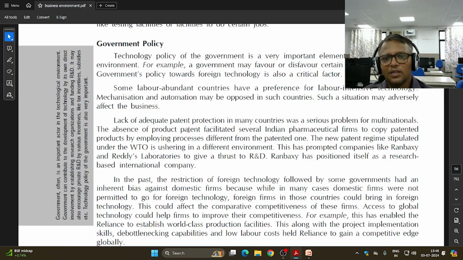In the past, the restriction on foreign technology followed by some governments had an inherent bias against domestic firms, because while in many cases domestic firms were not permitted to go for foreign technology, foreign firms in those countries could bring in foreign technology. This could affect the comparative competitiveness of the firms. Access to global technology could help firms to improve their competitiveness. For example, this has been enabled with